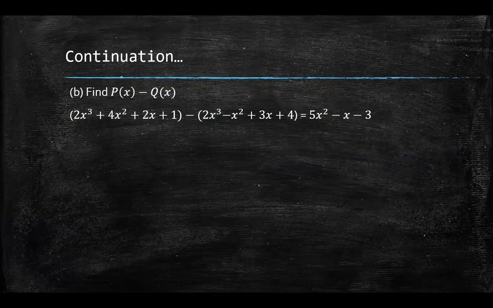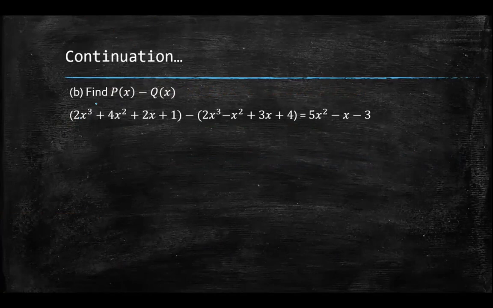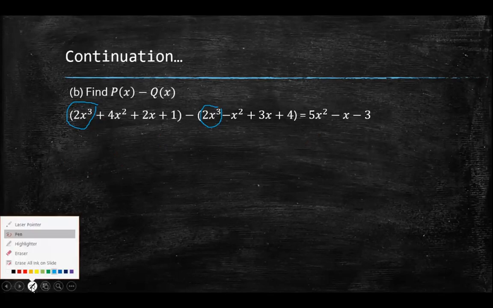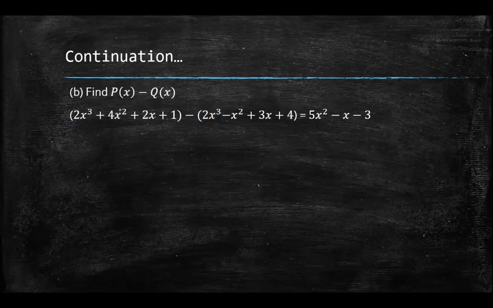Similarly, if they ask you to find p of x minus q of x, you subtract the like terms. Like terms have the same base, same power. So this and this, they are like terms, so I can subtract them. 2x squared minus 2x squared is 0, right? But you don't need to write the zeros. Understood, okay? 4x squared minus x squared. These are like terms, therefore I can subtract them. If I do that, 4x squared minus x squared, I would get,